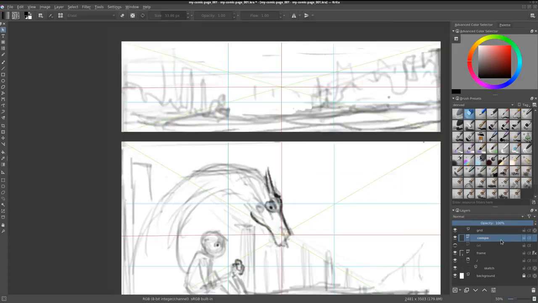And when it's done, you can reduce the opacity of the composition layer because we only need it to be slightly visible,